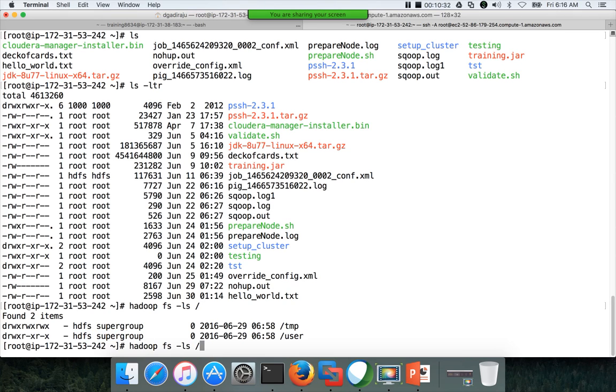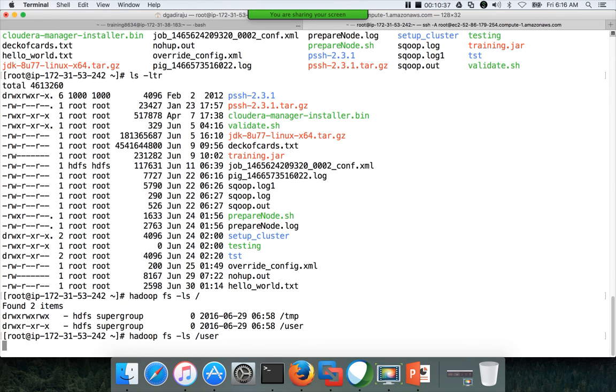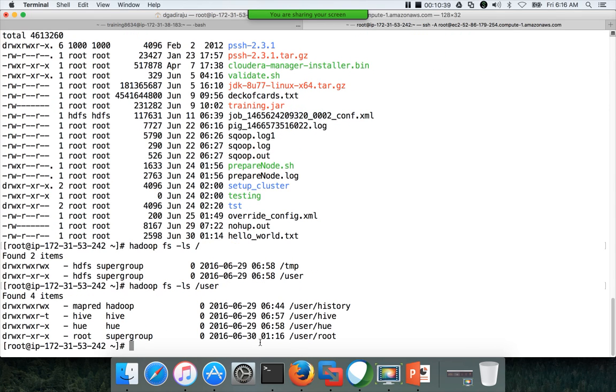Now if you run hadoop fs -ls /user, you will see the contents of it. There are directories called history, hive, hue, which are not relevant at this time. The most important is root. We already have a directory called root, and if you observe, the directory name, the owner, and the OS user are all the same.